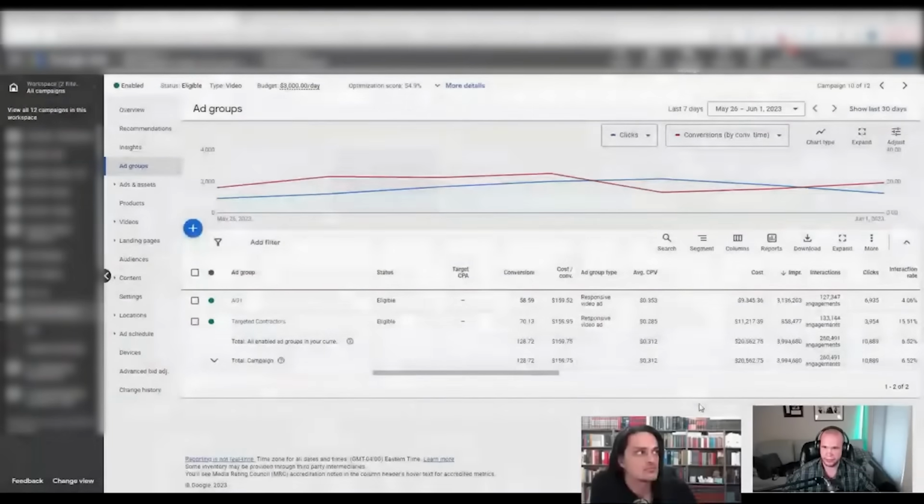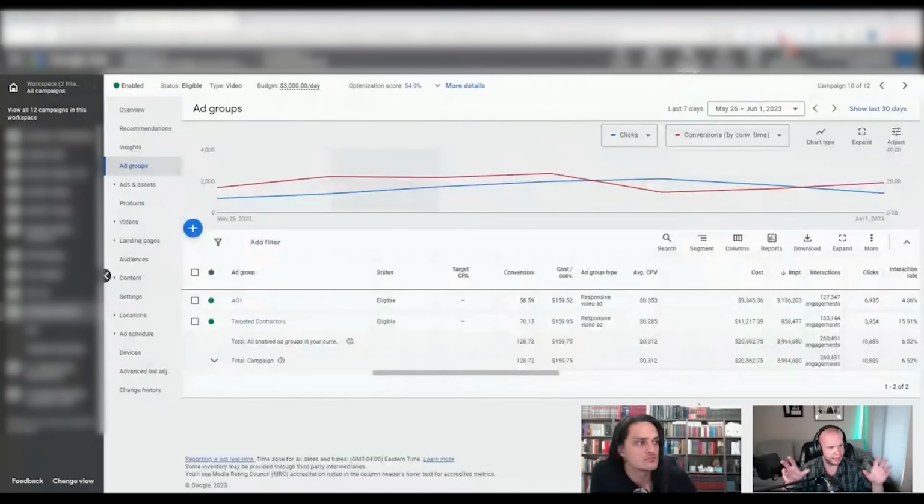But let's dive in. There's a lot of things that people don't necessarily look at when they're looking at YouTube ads. And there are some tips and tricks that we found to be very effective that will help curb the over-attribution that YouTube does.